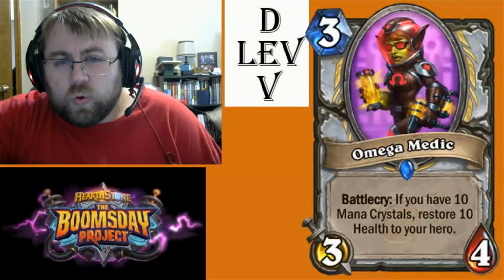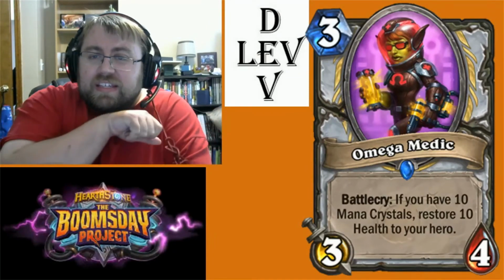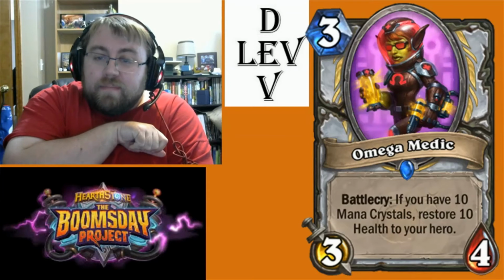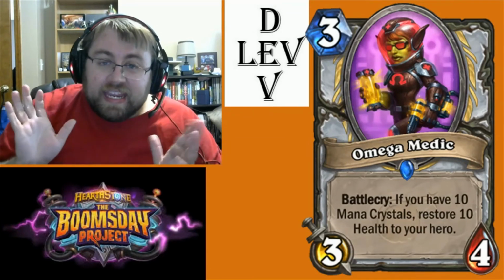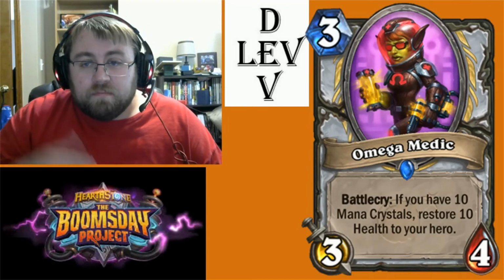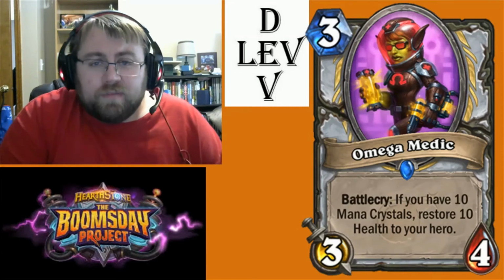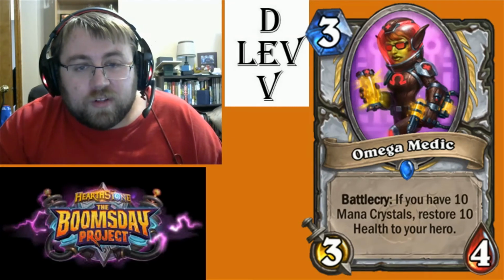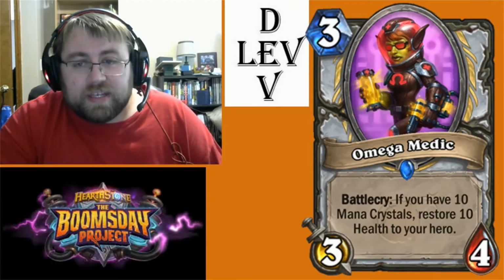Now we're going from Warrior to actually Priest cards, and one of the Priest cards they revealed is the free mana Omega Medic. It's a free mana free 4, but adds a battlecry with the Omega sub-mechanic that if you have 10 mana crystals, restore 10 health to your hero. Overall, this card's just really good. Priests have been looking for a free mana free 4 for a long time. There are Dragon Priest decks that will play the Nightmare Amalgam just because of the free mana free 4,